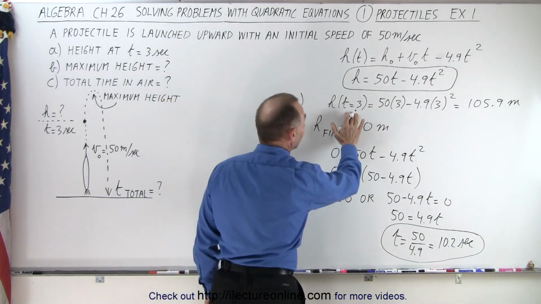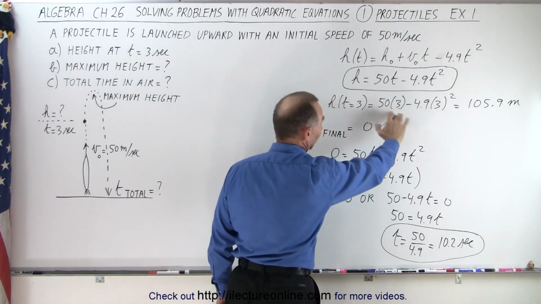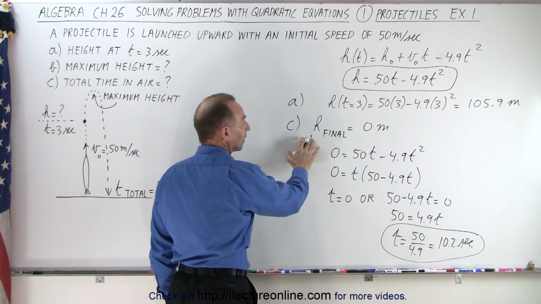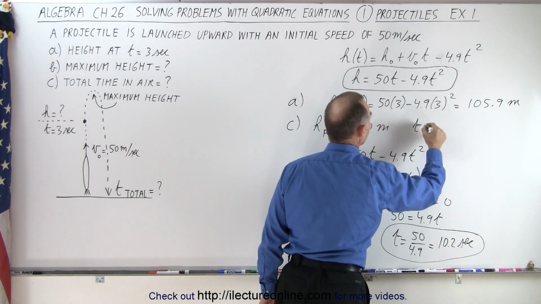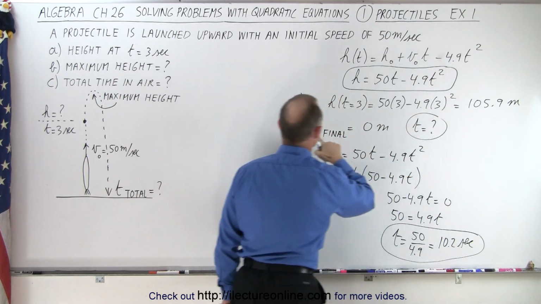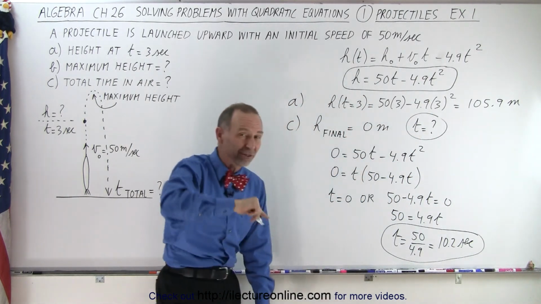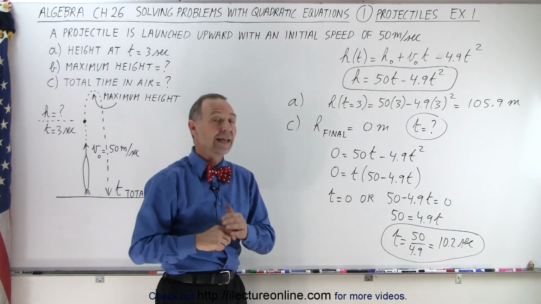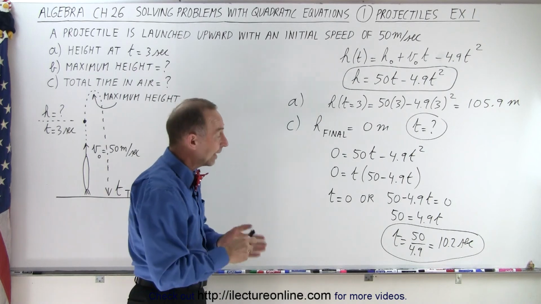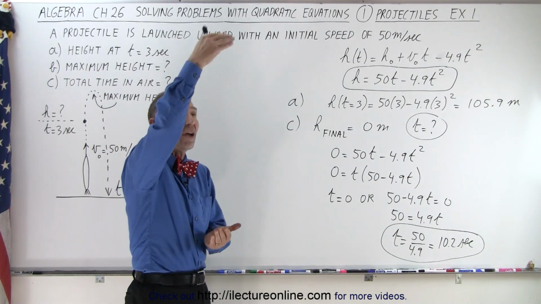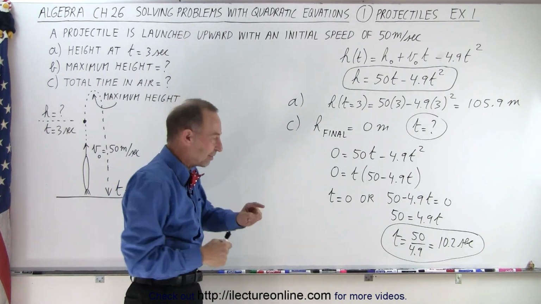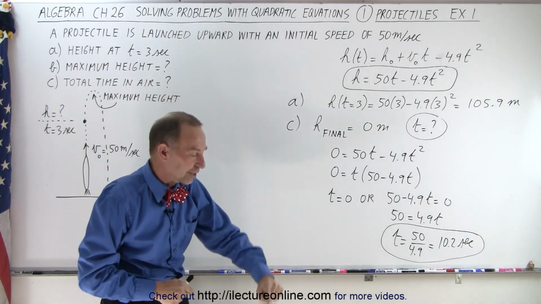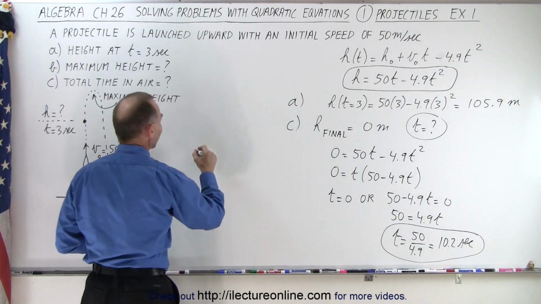First, we found the height when t is equal to 3 seconds. We just had to plug in 3. And then we found the total time. So we wanted to find t when the final height is equal to 0 meters, because then the projectile has gone back down to the ground: 10.2 seconds. And, well, we haven't told you yet that it takes half the amount of time to get to the top and half the amount of time to get back down. The time that the projectile takes to get to the top is exactly the same as the time for it to come back down. So that means to find B,